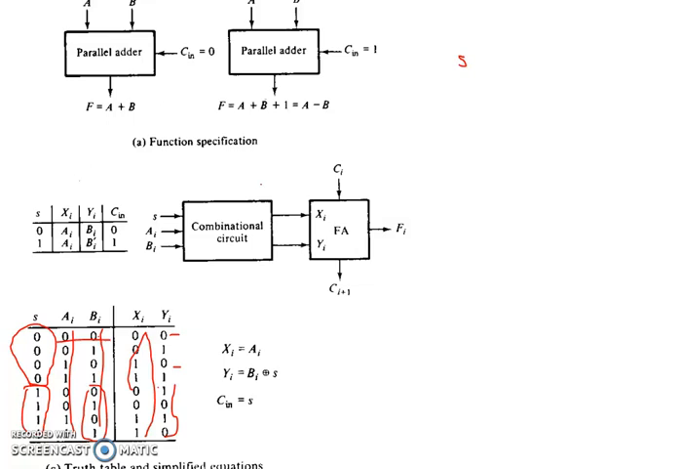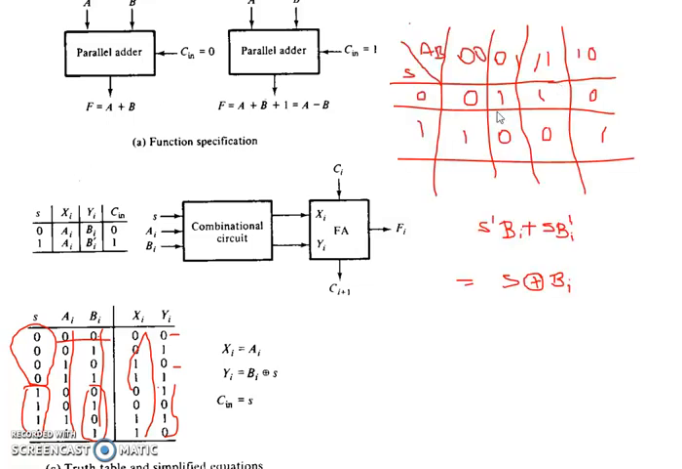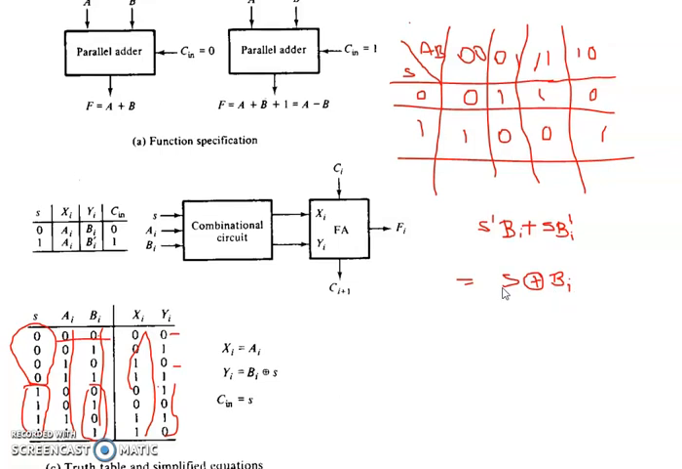So we can see that. After plotting the K-map you will get it like this, and you will get the Boolean function in this format. So based on this Boolean function, you will be able to understand that you have